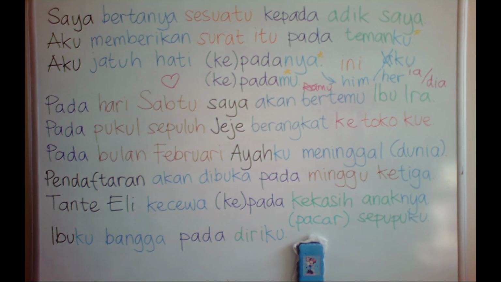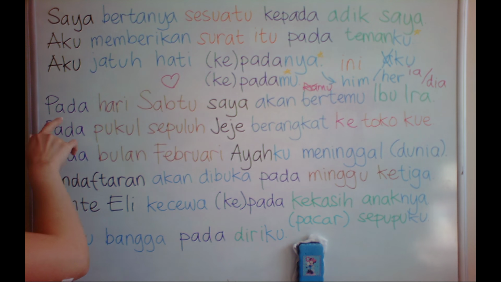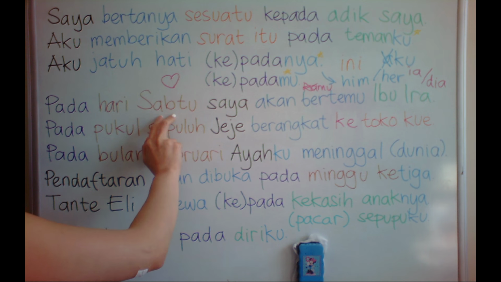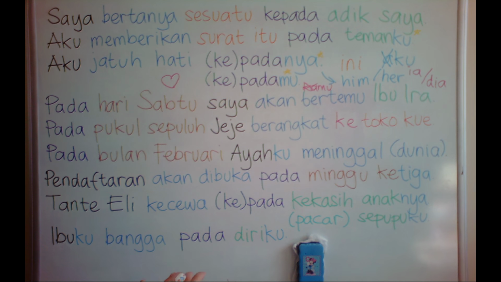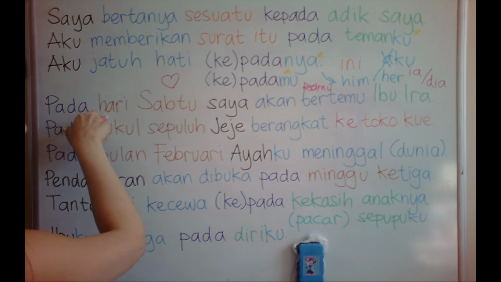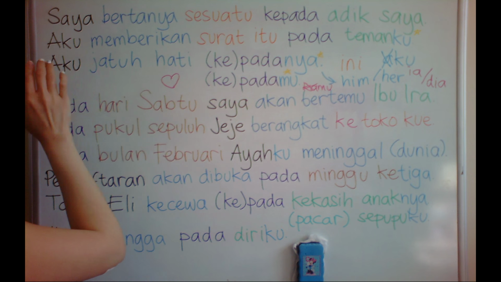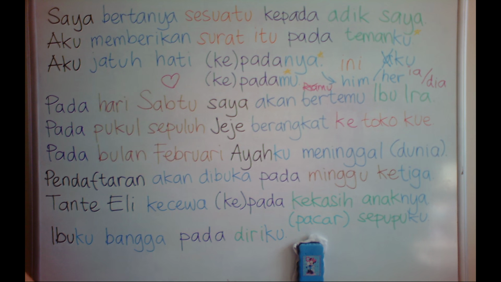And now, this one. Pada can also mean on. This is pada, on. And in Indonesian language or Bahasa Indonesia, we cannot say the day itself. Like Sabtu is Saturday, but we cannot say on Saturday, but we have to say on day of Saturday. So it cannot pada Sabtu because it will be weird. You have hari is day. Pada, on, hari is day. Sabtu is Saturday. So, on the day of Saturday. On Saturday, pada hari Sabtu,